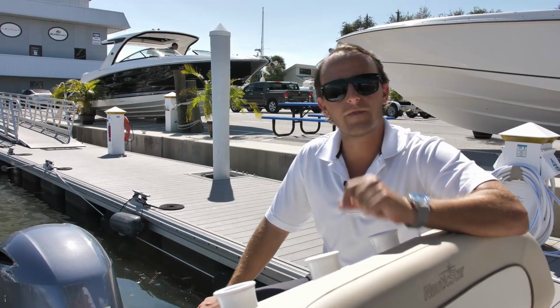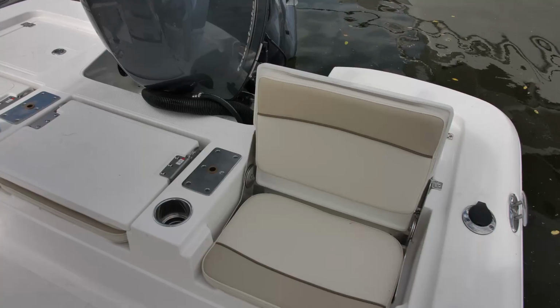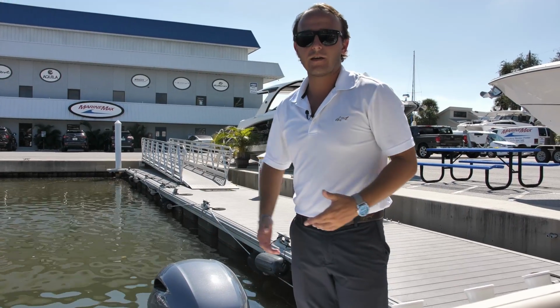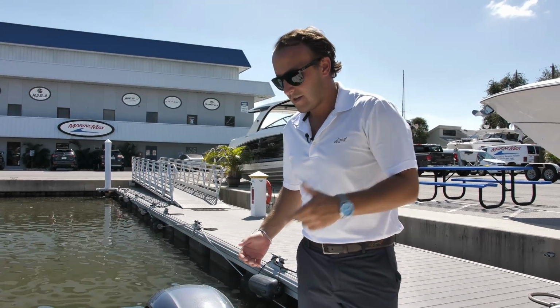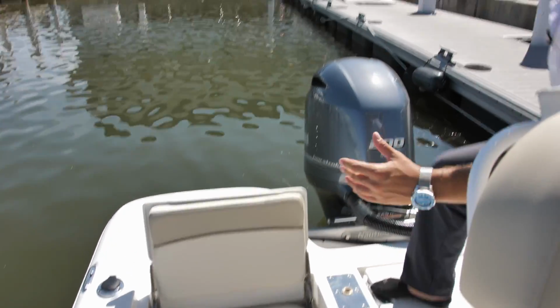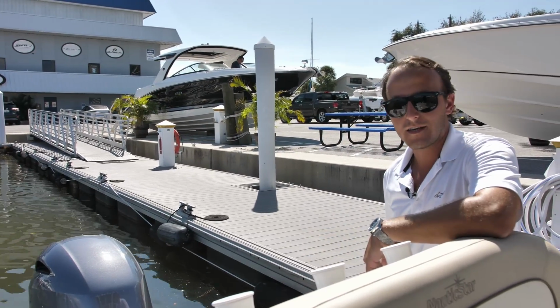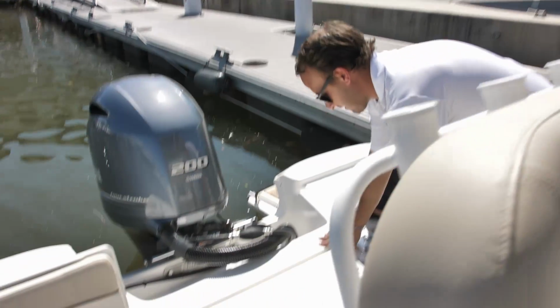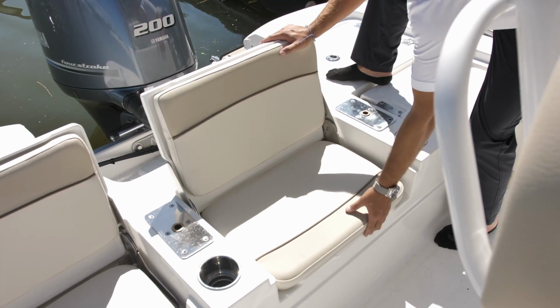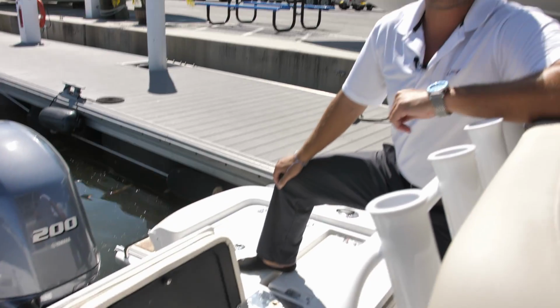So I mentioned fishing and family before. I'm gonna show you how it actually blends the two. So you see back here, you have a huge casting area for fishing, an area to just relax. But with the flip of a switch and a quick pull up, you can open up all this seating in the aft area here. But what's underneath the center seat is what brings it back to fishing. Pull this up here, and you have your live well right there in the center,